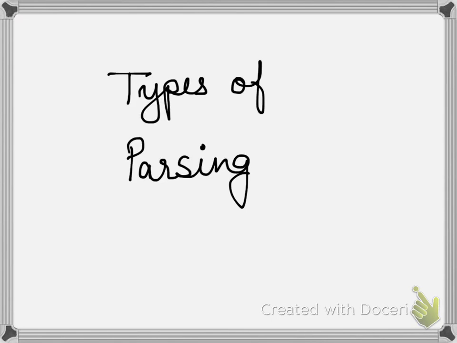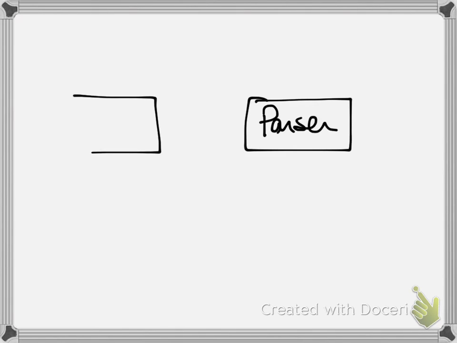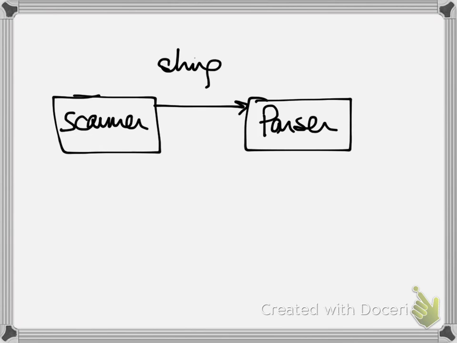Hello everyone. In this video we are going to talk about the different types of parsing. We have already seen that in parsing we have a parser which works together with the scanner. The scanner gives a string of tokens to the parser, and the parser already has a grammar,